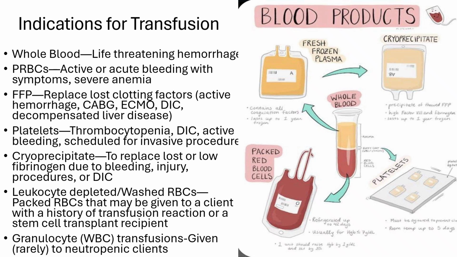Another blood product that you may administer in the clinical setting is going to be FFP. And our plasma contains various proteins and clotting factors. So we are going to administer FFP when we want to replace those clotting factors, such as when a patient has had a hemorrhage, if they're in DIC, post-CABG or ECMO,